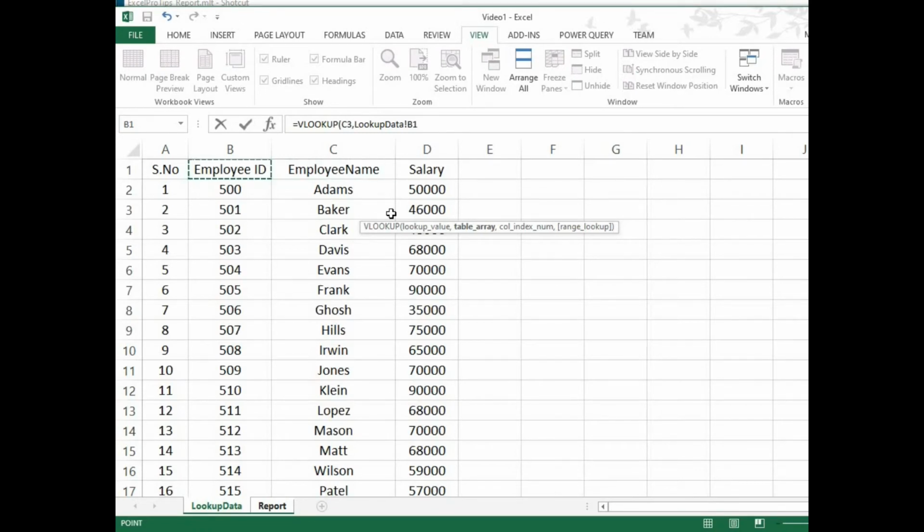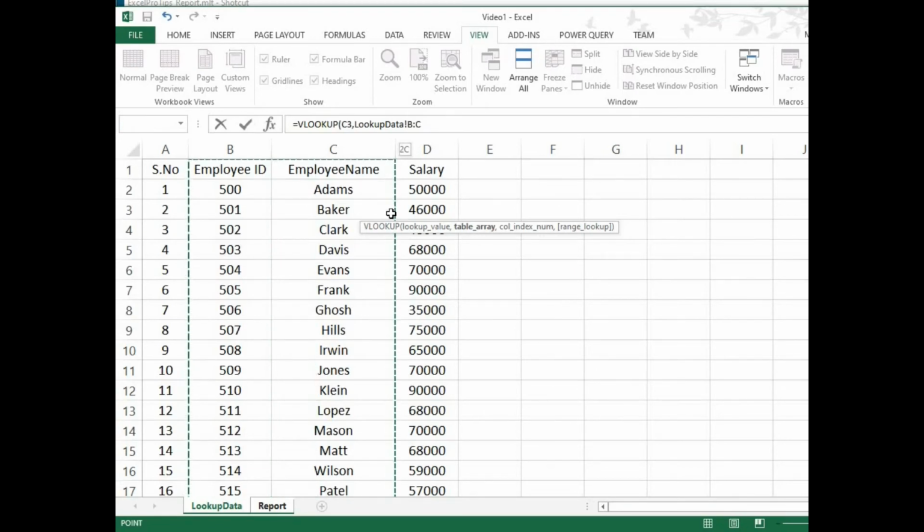In order to select the range, we need to select the complete column. How am I going to do that? Just press Ctrl+Space, so that will select the complete column. And we need the range to be extended to where we are going to search for the data, so employee name and salary, right? So we need to extend the range. Hold the Shift key on the keyboard and press the right arrow key like this.